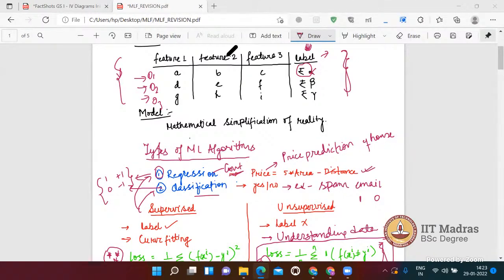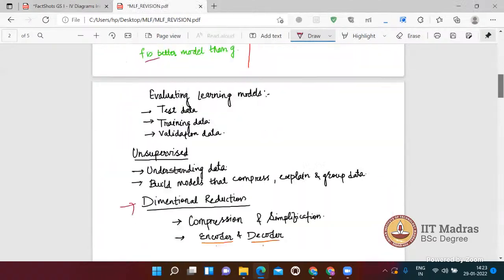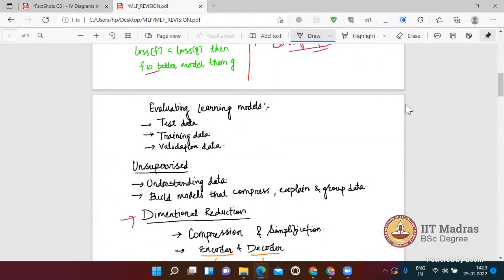Okay. So in evaluating the learning models, whatever models or algorithms we have developed, if you have a data set of 1,000 observations, we can divide it into 3 parts: 60% for the training data set. So these 600 observations will help us to train that algorithm. Okay, and then we'll divide 20% for the validation.